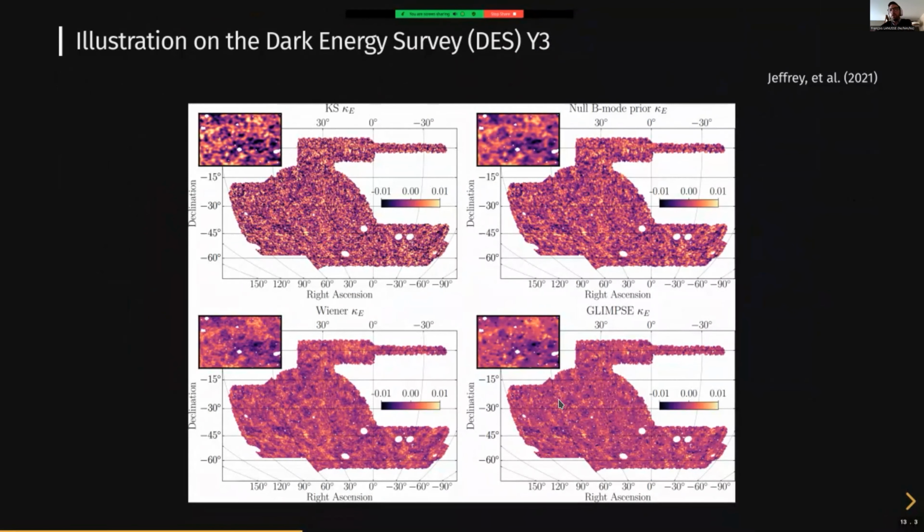And what you see, if you look closely, is that all those 4 algorithms that are considered here give you slightly different answers. So another way to say this is that they're getting different answers because they are making different assumptions about the data. And the point that I want to highlight here is that they do not give you any sort of uncertainty. They give you an answer. We know it's not the correct one because they all give you different answers, right? And they don't give us how uncertain their answer is. So that's the kind of thing that we want to improve by having a smarter approach that uses deep learning.